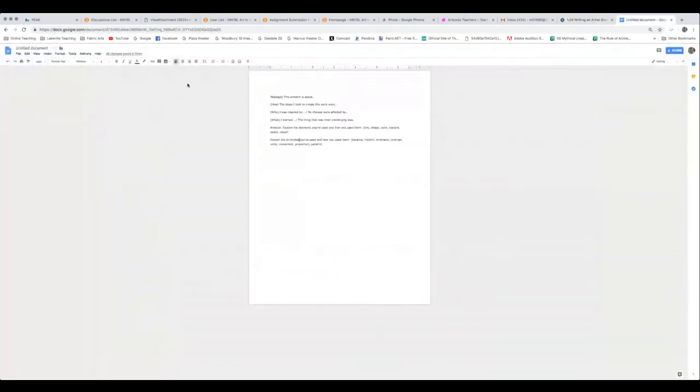So the first one is "This artwork is about." The parentheses are not part of the sentence, but it just gives you what the goal of the sentence is. So I want to know what the message of the artwork is. So this artwork is about, and in our case this week, we're probably talking about the connections of Mesoamerican artwork to whatever piece we hooked into, okay? So this artwork is about, and then you tell me what it's about. The steps I took to create this work were, and you can tell me, first I sketched it, then I drew it, then I colored it.